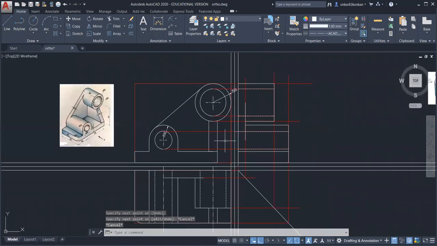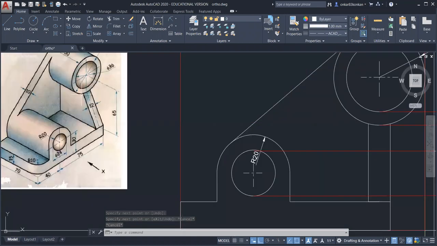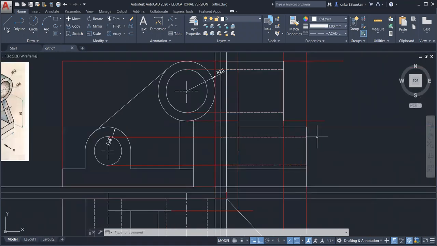And here you can observe the rib is connected to this circle and to this base. So first from this point, draw a straight line. First change the line type, select by layer, then select line.